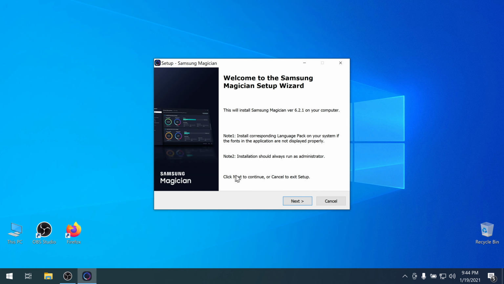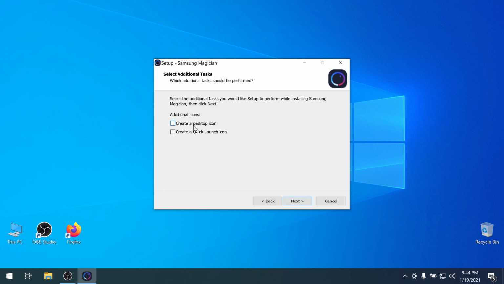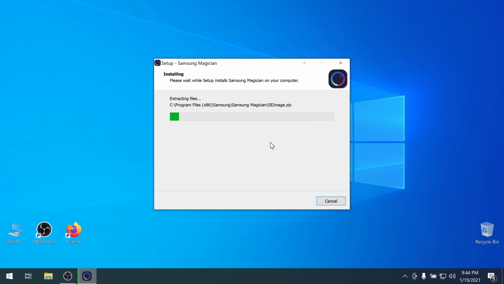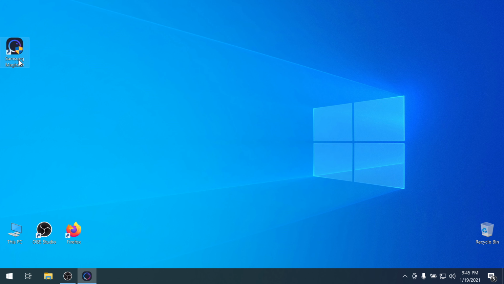Yes. Next. Accept, next, create a desktop icon, install. Launch.